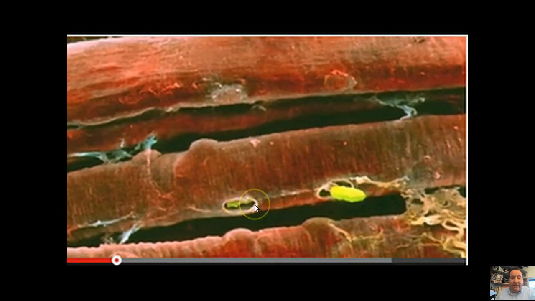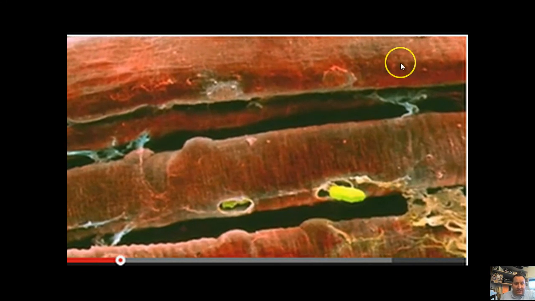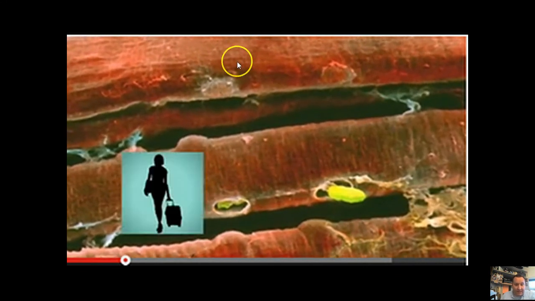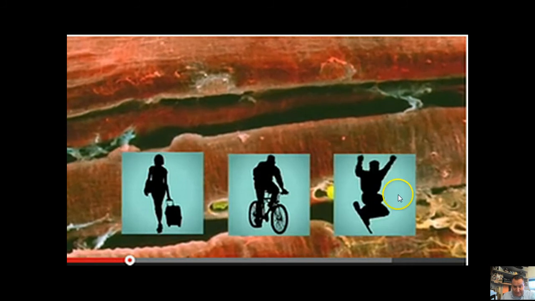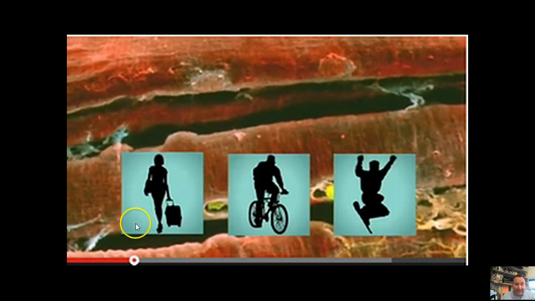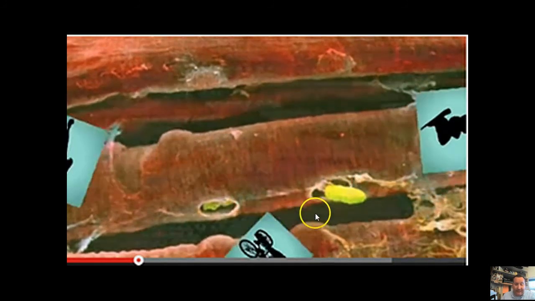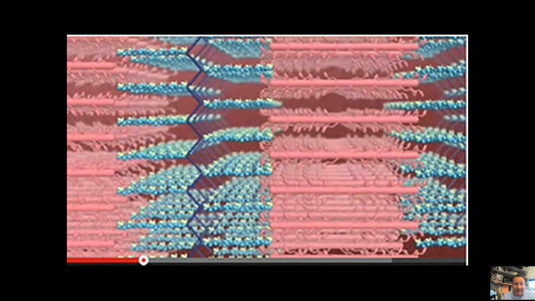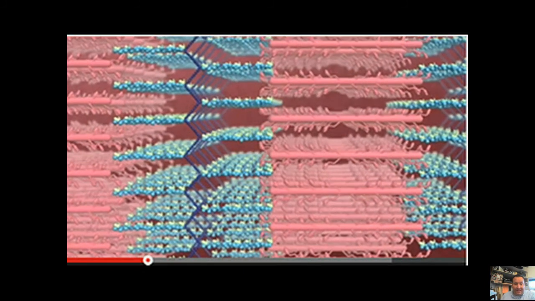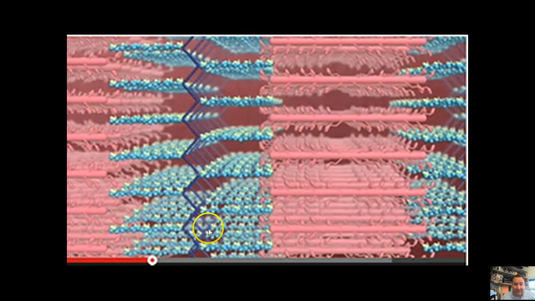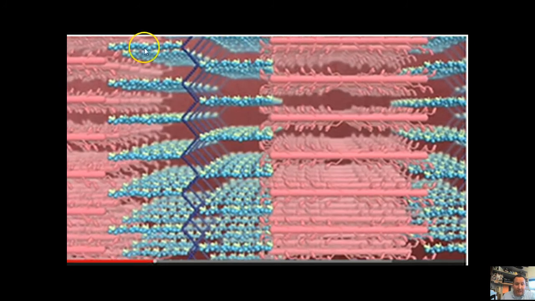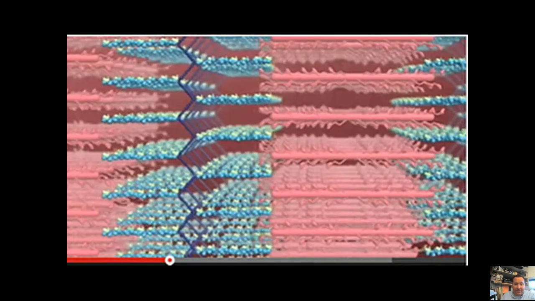So you can see, guys, here we have our actual skeletal muscle itself. This is the skeletal muscle that we're taking a look at, and the skeletal muscle is going to power us to do a whole variety of different things, from walking to riding a bike. When I break down an individual muscle fiber itself, I see these structures in here, and these are the structures that we call